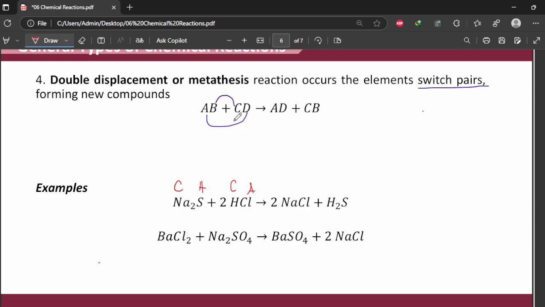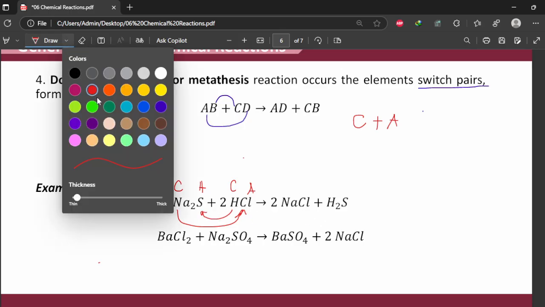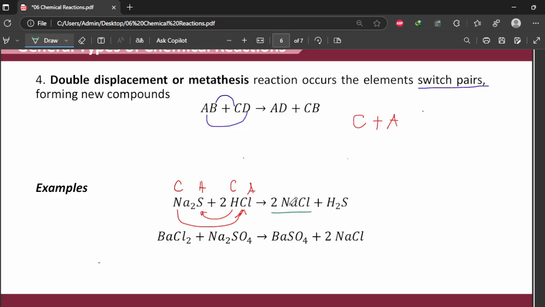So, dahil nag-discuss na tayo about bonding, sabi natin, cation will always form with an anion, diba? So, parang metal plus non-metal or cation with a positive charge plus an ion with a negative charge. So, sodium will combine to the anion on the opposite side. So, sodium will combine with chlorine and then yung isang combination natin will be hydrogen with sulfur. So, that's the reason why we were able to form sodium chloride here because cation si sodium, anion si chlorine,